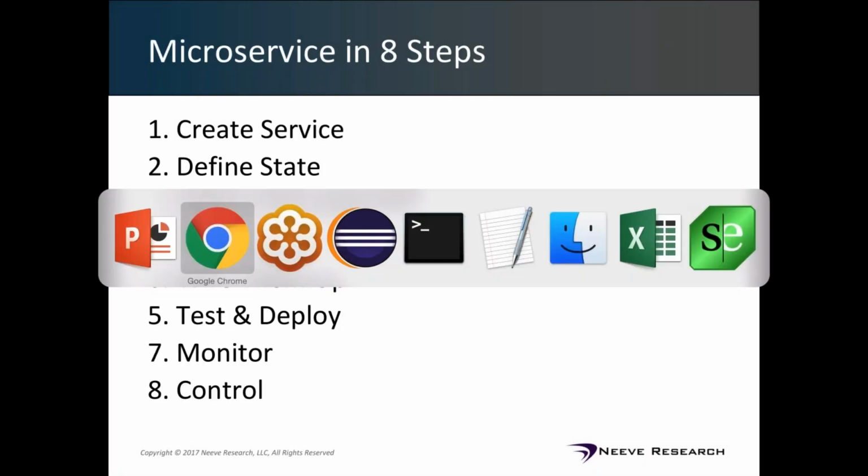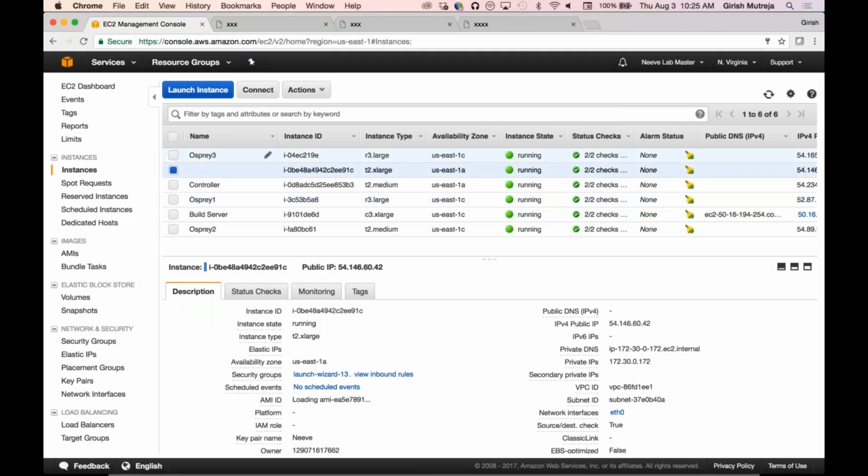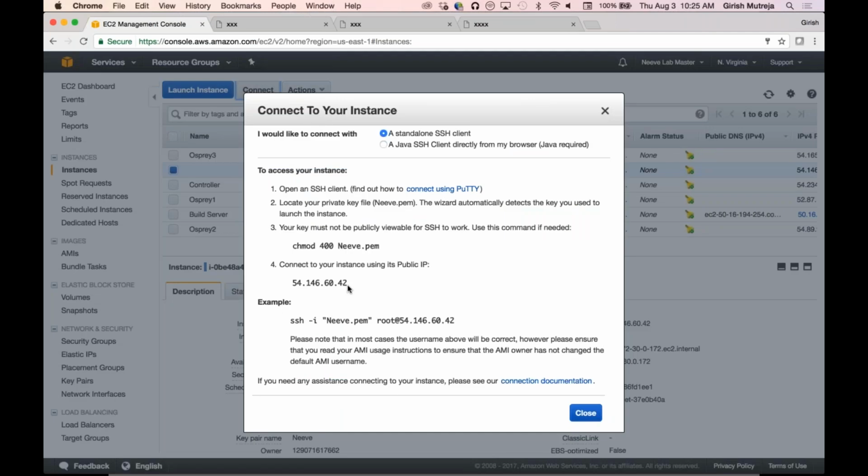So let's talk about microservices in 8 steps. The 8-step model in X, but before I go into this, I would just like to go back. Now we're getting to the point where we'll start working on the actual application. I'm just going to go back and look at whether this system has come up. It looks like it has come up.